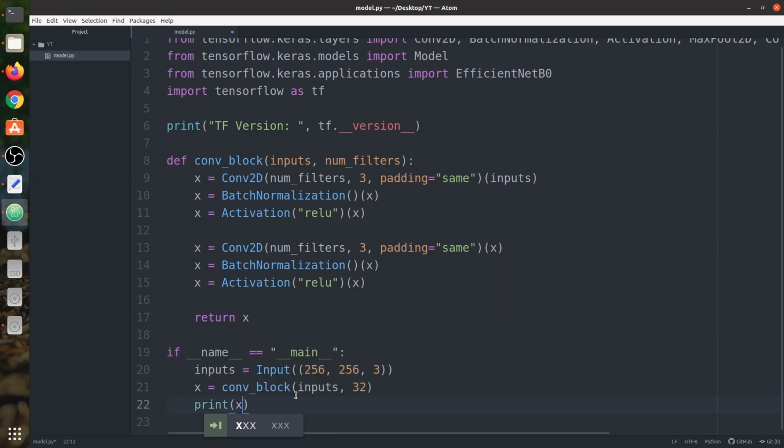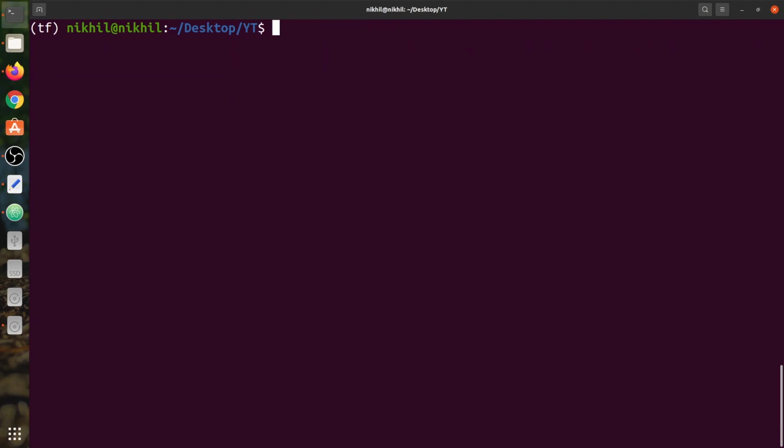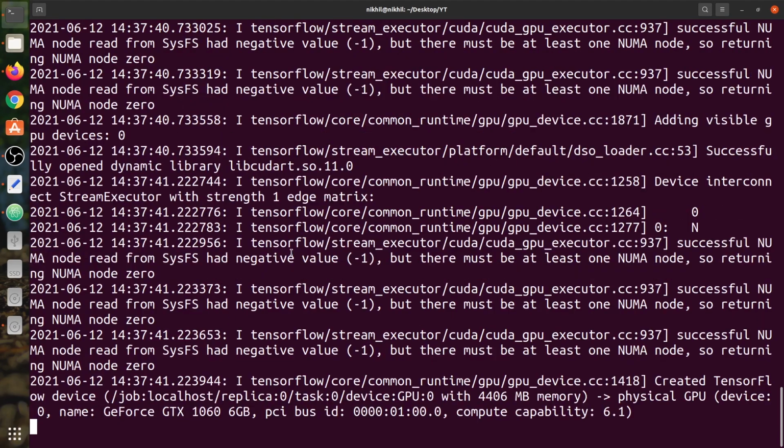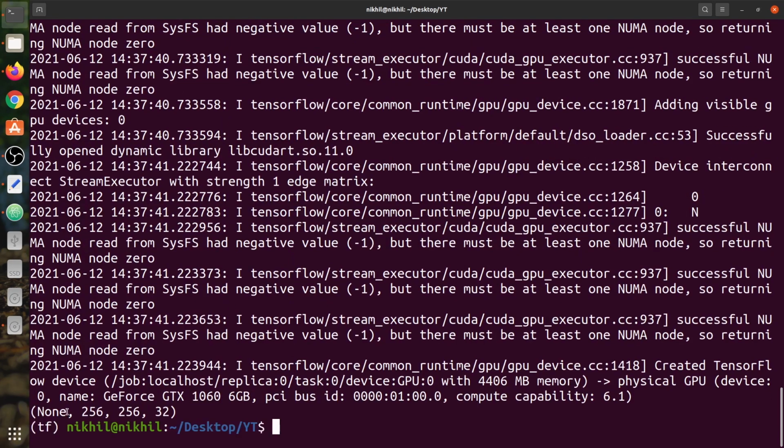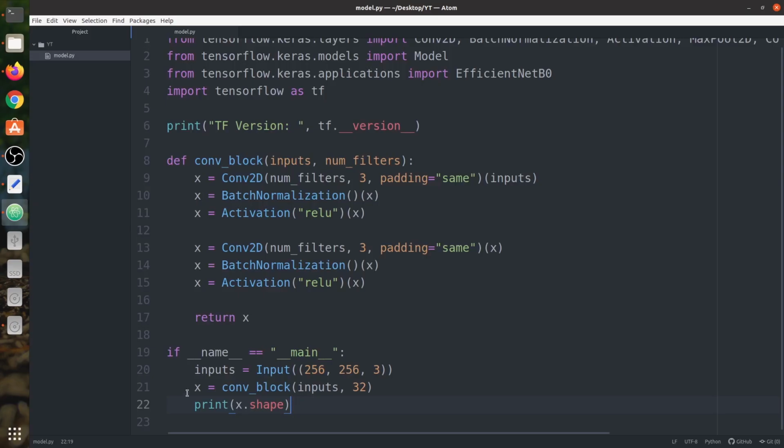Now I'm going to print x.shape and run it again. You can see the output of the convolution block is 256 by 256 by 32. So that's how this convolution block works.